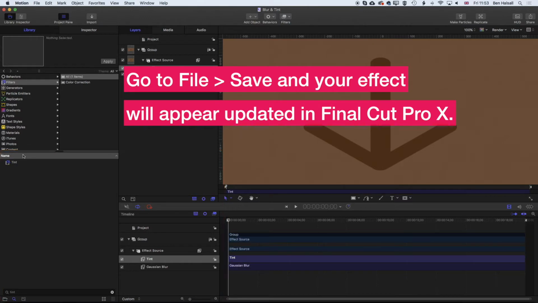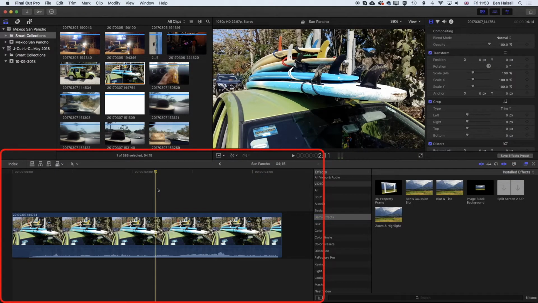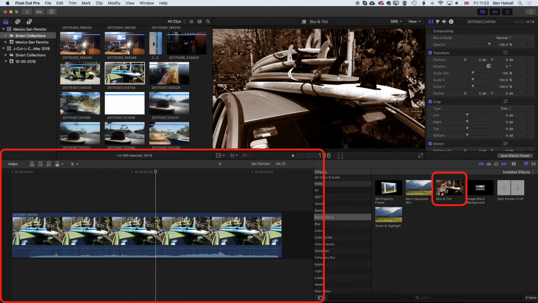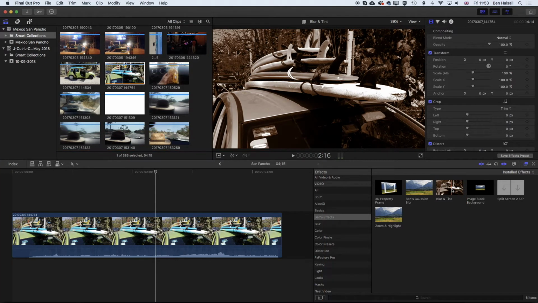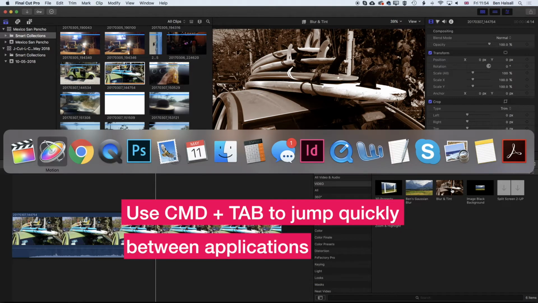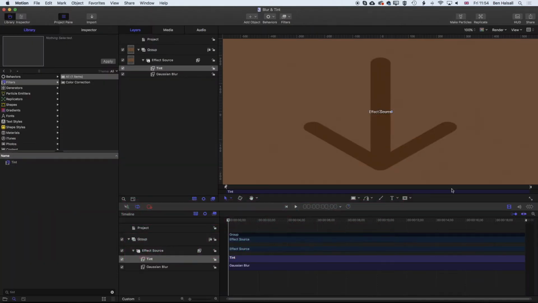So if we jump back to Final Cut Pro now, we'll see that when we have our playhead hovering over a clip and we come to our effects on the right hand side, when we hover over the blur and tint, it's going to tint it. But now we really just need to add in some options so that we can modify that effect in Final Cut Pro, because we don't have those options yet. It will be a fixed effect, i.e. we can't change anything. So we'll jump back into Apple Motion, and the first thing we'll do is add a